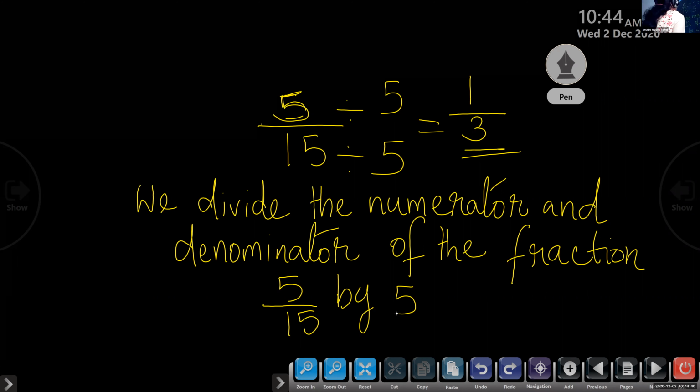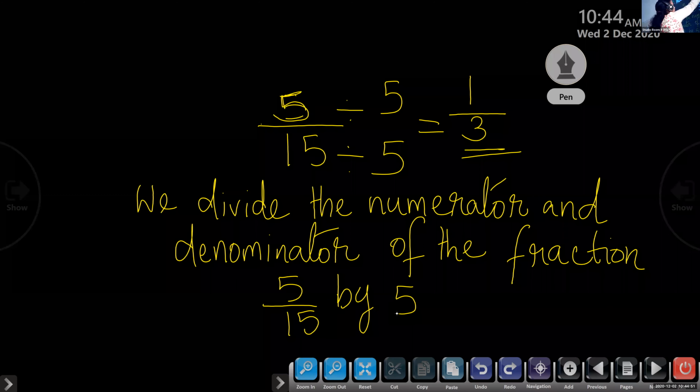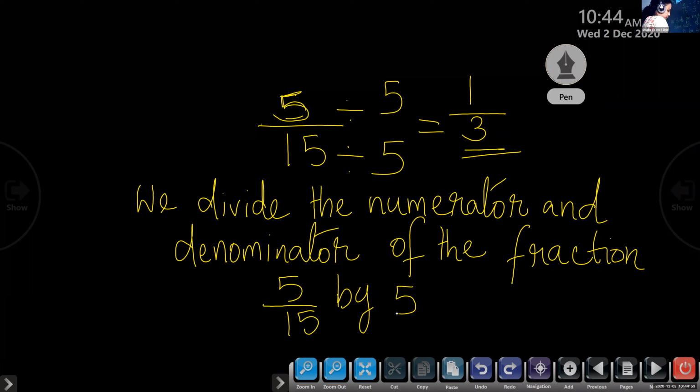So children, we have only one more question to complete in this chapter. Varada, can you read the last question on page number 7? Page number 6. The question is on page 6. Observe the given figure and answer the questions that follow. Yes, Varada, you are reading question number 22.